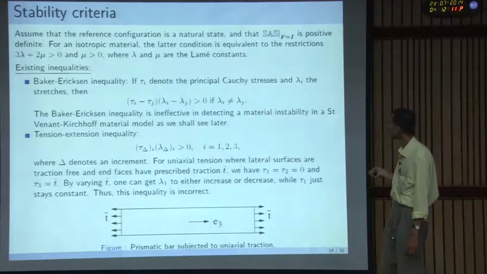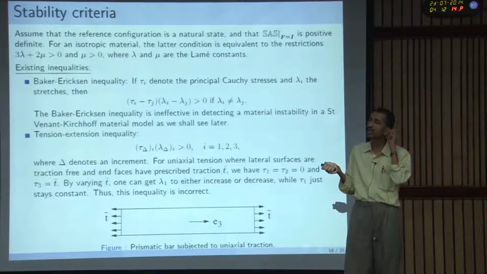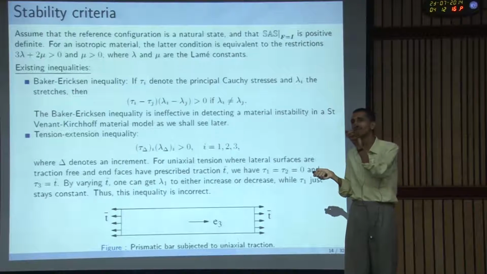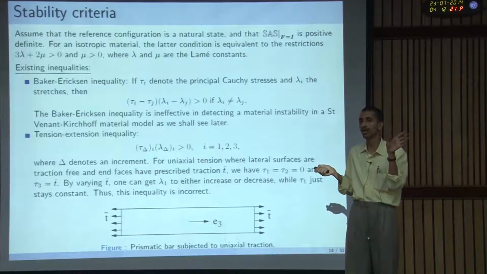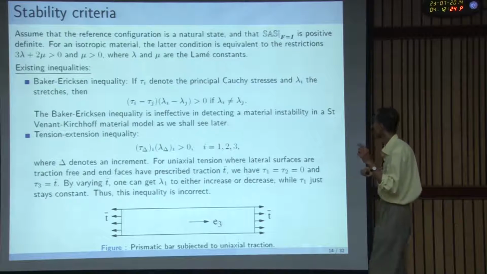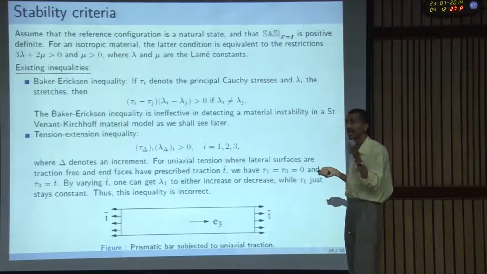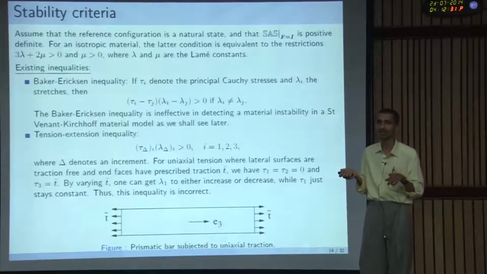So, okay, what do we mean by material instability now? So the way we are defining a material instability is if the strain increases but the stress decreases. And we are talking of the true stress now, not of the artificial measures of stress like the second Piola-Kirchhoff stress and so on. We are talking of the true stress. So if the strain increases but the stress decreases, we are calling that a material instability.